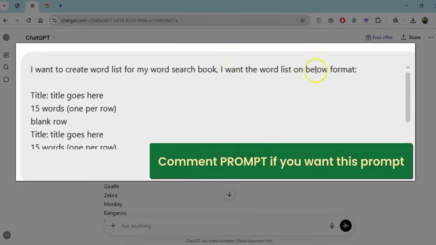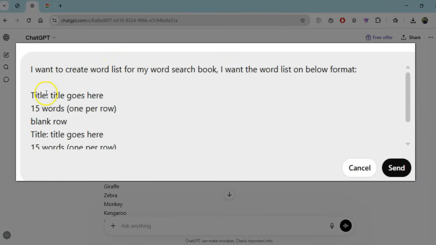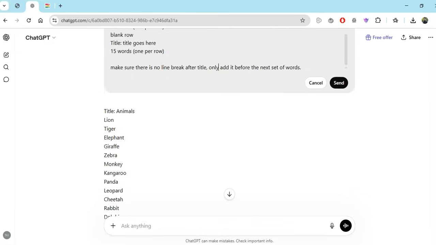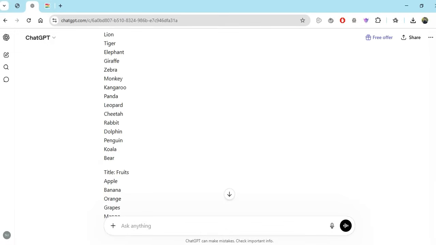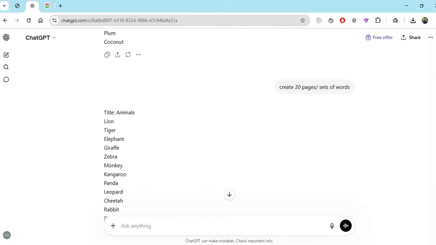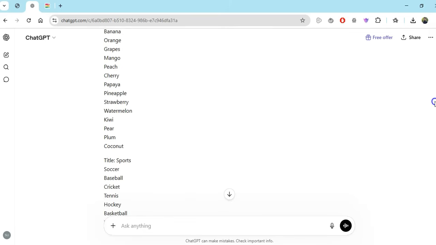I want the word list in the below format: title, and then I added a colon here and I wrote title goes here, then 15 words, and in brackets I said 1 per row, then blank row. It means a line break, and then I repeated the format again. At the end I said make sure there is no line break after the title, add it before the next set of words. I added this and ChatGPT gave me these words: animals, then fruits. Then I said create 20 pages or sets of words, and it went ahead and created this whole word list